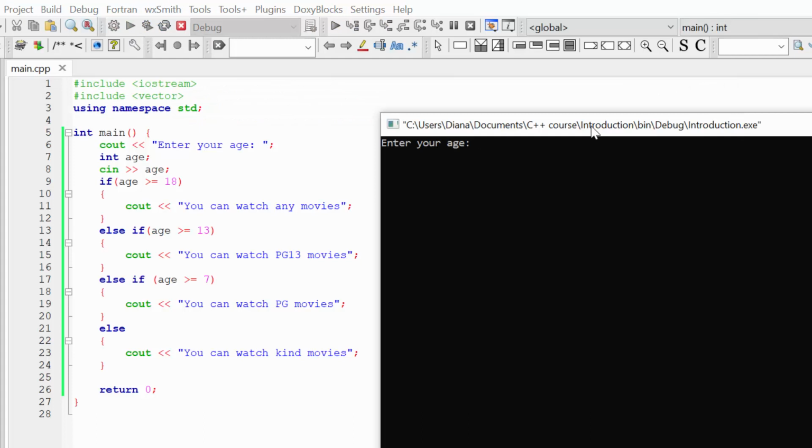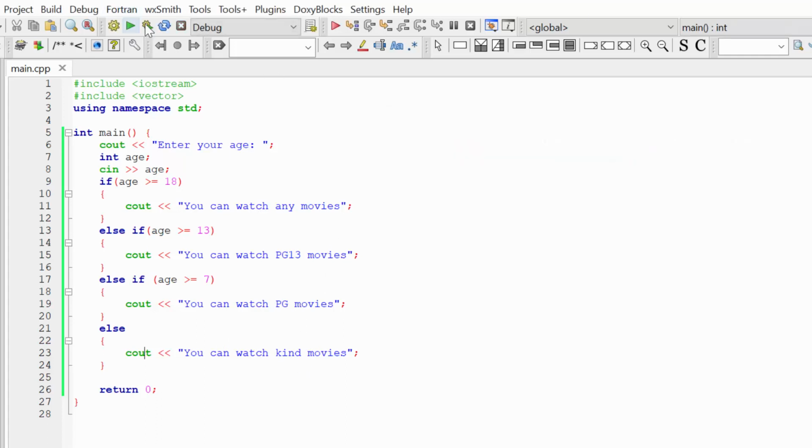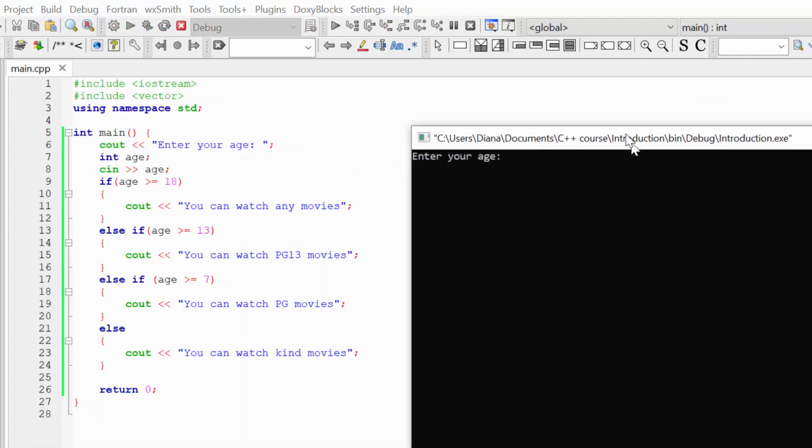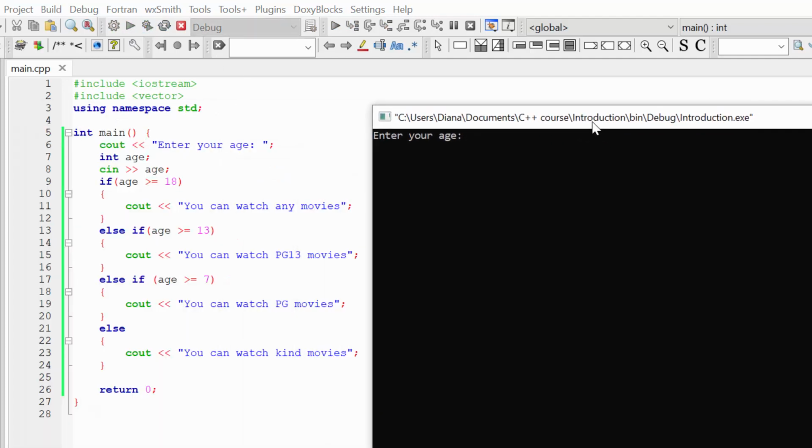Enter your age. If, for example, I enter my age 5, you can see the result. You can watch kids movies. The code from the last statement is executed. And if, say, I enter age 15, you can watch PG-13 movies. So it executes this second block of the code because my age is less than 18,